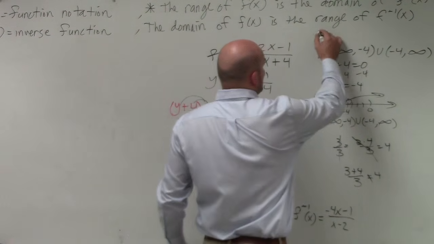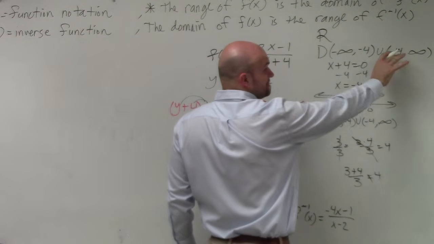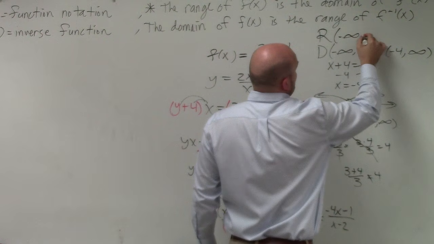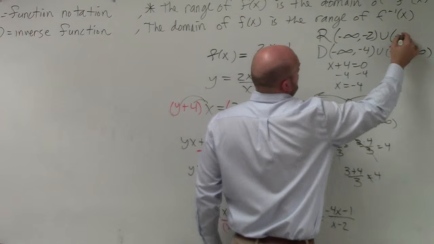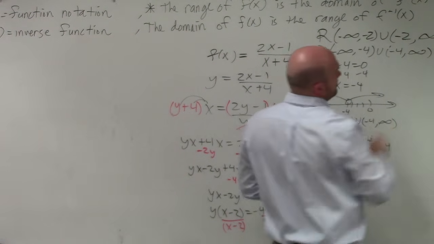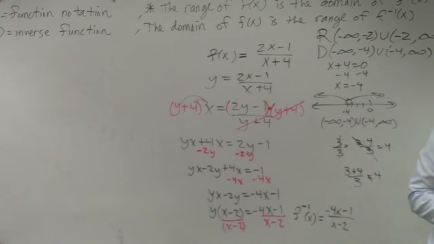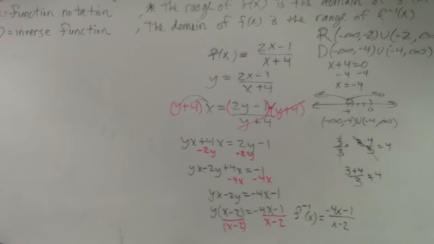So my range looks exactly the same thing, but instead of a negative 4, it's now a negative 2. Okay. Now I will show you graphically. Did you get the same answer? Because I'm not sure if your factor